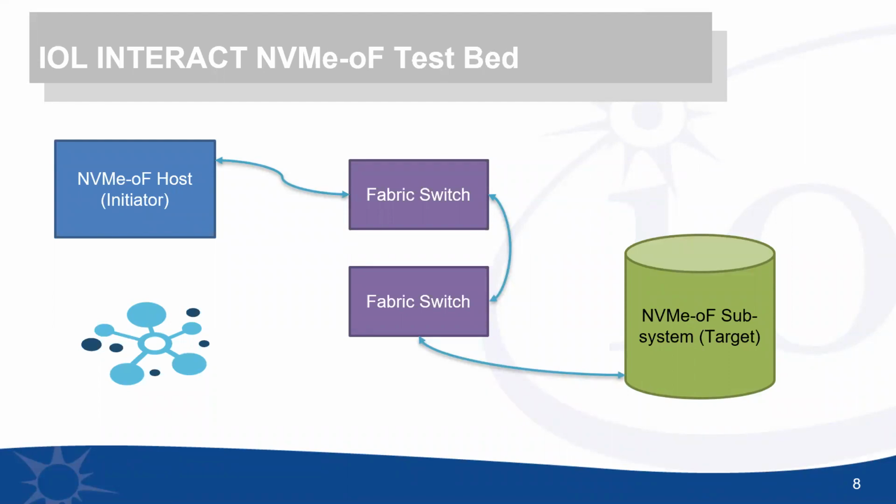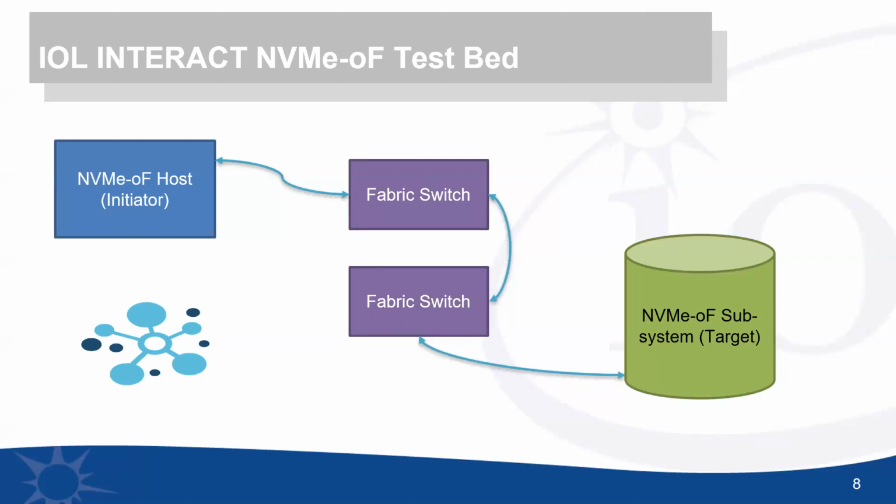And then we're going to run it through at least a 2-switch fabric. This is to simulate and emulate a fabric setup that you're going to have within your actual customer, your company or your customer's solution. And then on the right-hand side, you'd see that you've got the NVMe-oF subsystem or target where the storage actually takes place. Now, obviously, this is just a generic slide, but what you can envision is that each one of these 3 boxes in a container that you see on this slide